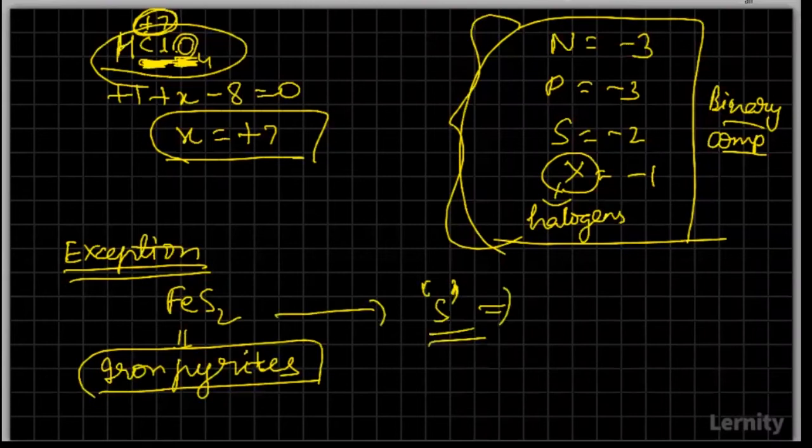Okay, shall I repeat for halogens? See, for halogens we mostly talk about four: fluorine, chlorine, bromine and iodine. We also have astatine, but as it is radioactive, we don't talk much about it. If they carry a negative charge, we call them halides. Fluorine with a negative charge is fluoride, and chlorine with a negative charge is chloride. Now you can try answering the oxidation state of sulfur in iron pyrites.